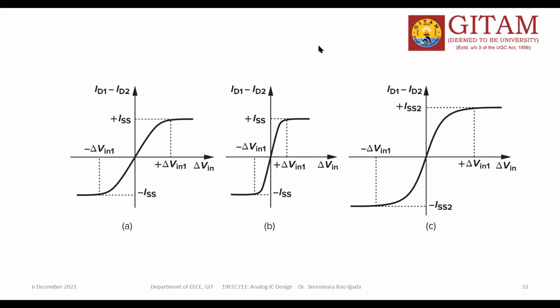In case 1, the input is V in 1, with V in 2 completely 0, and the outputs are Vx and Vy. Find the difference between Vx and Vy, then find the gain. Gain is output voltage by input voltage. The output voltage is Vx minus Vy, and the input voltage is V in 1. The ratio of Vx minus Vy by V in 1, that you have to find first. That is case 1. Clear?